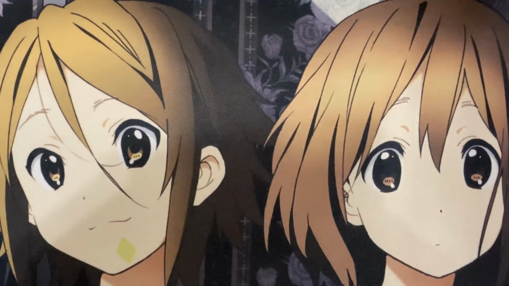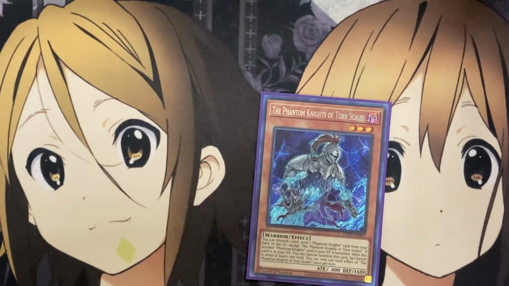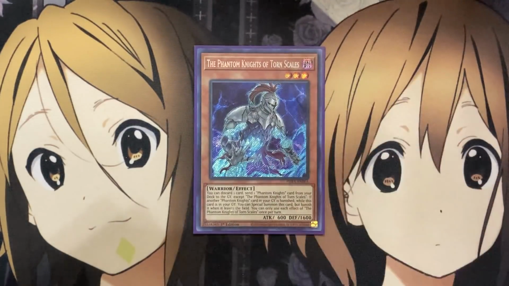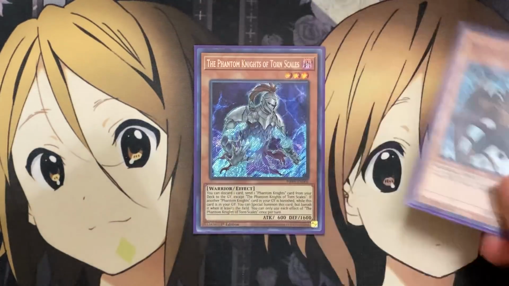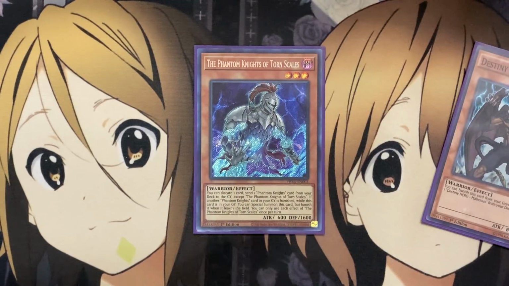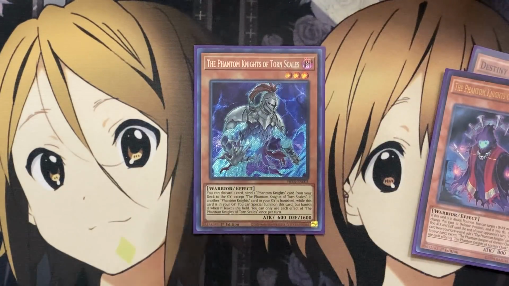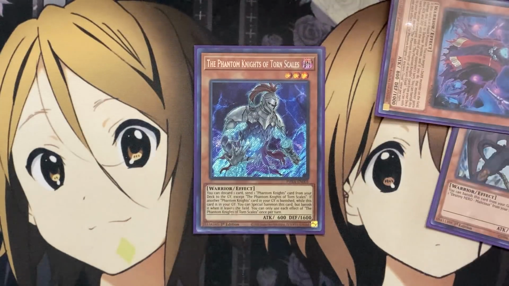And then as for the go-to plays with the rank up spells before, once again, if you just set up your Phantom Knights of Torn Scales with this card on the field. You can discard one card, so it could be any card if you get lucky and set up the Destiny Hero Malicious. For the discard, you can send one Phantom Knights card from your deck to the graveyard, being able to send anything. I like to send the Ancient Cloak for that setup, banishing the Ancient Cloak, so then you